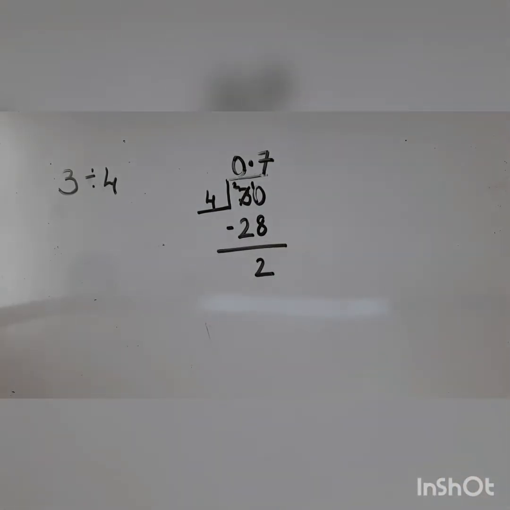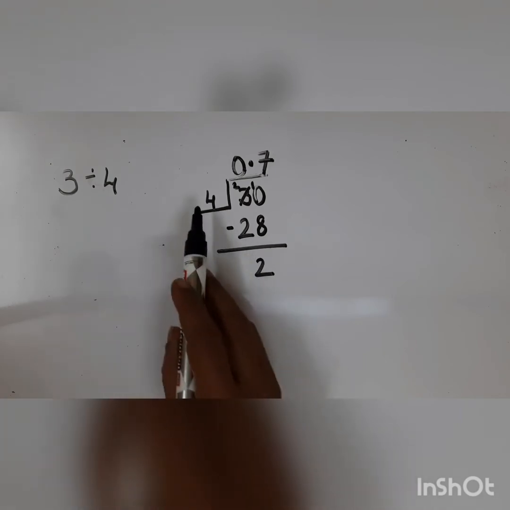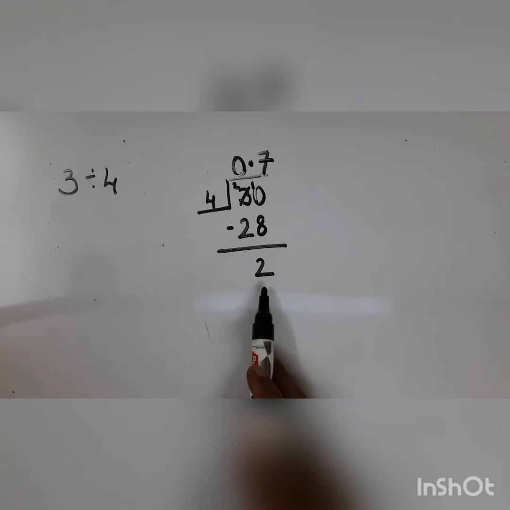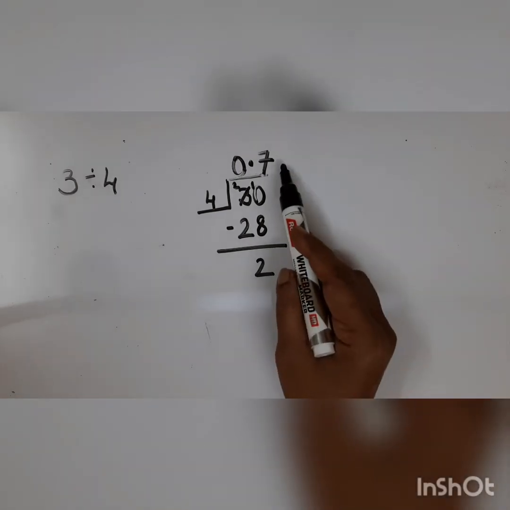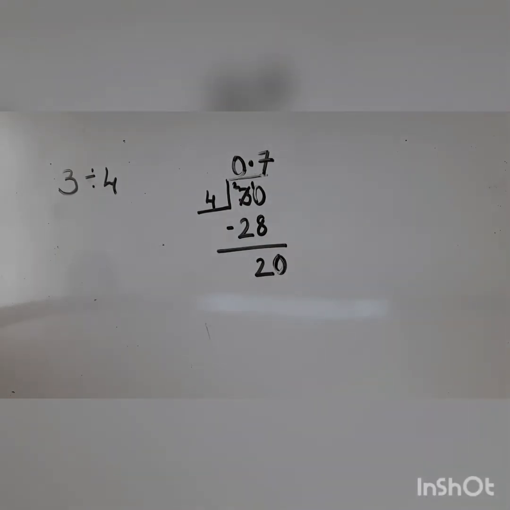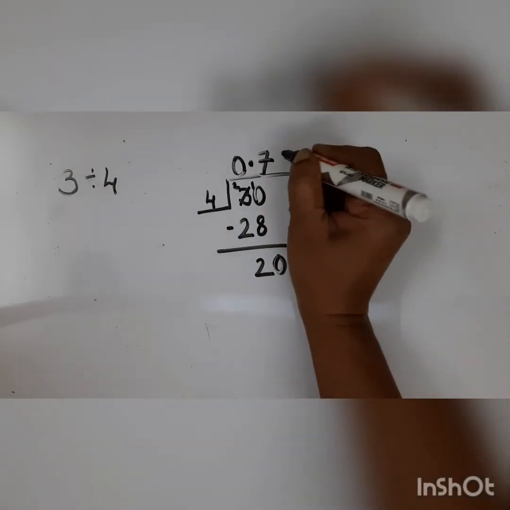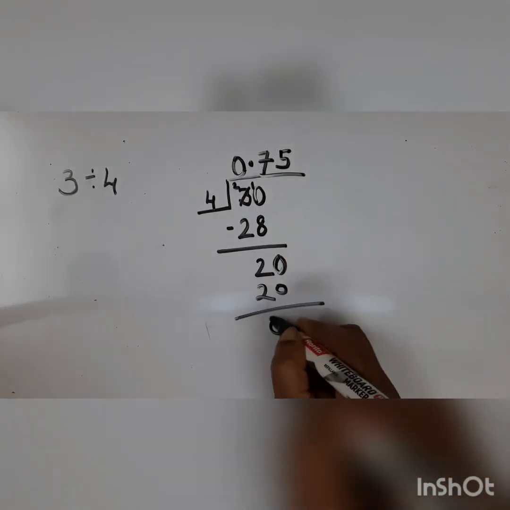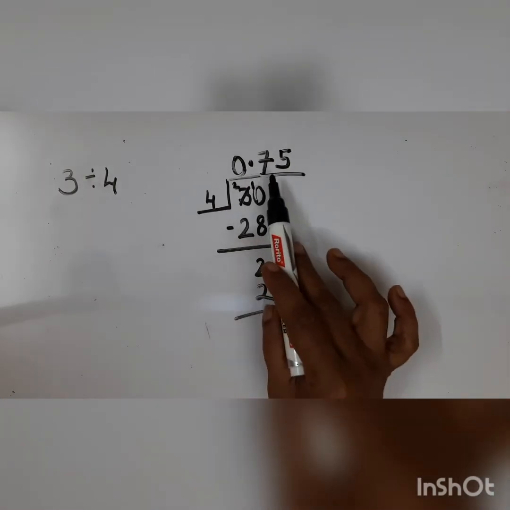Right? Now children, again you cannot divide your dividend. This is greater and this is small. So now what do you have to do? Now children, again we don't put a decimal. The decimal is already there. So I can add a 0 here. So this is 4 5s are 20. And now I get the remainder 0. So my answer is 0.75.